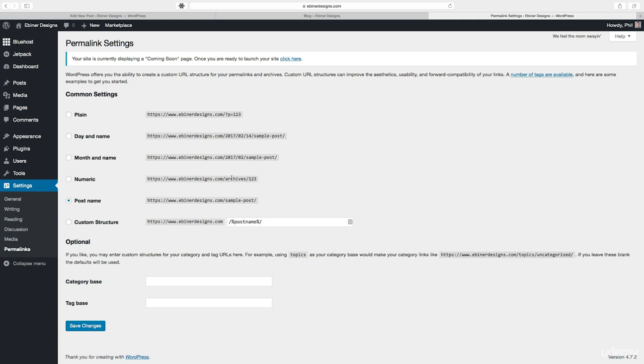Or numeric, if you just want to have a numeric archive with each page or each blog post being a certain number. But I suggest using post name because this is going to be keyword friendly for SEO purposes, because your blog title will help get more search traffic if it's in the URL itself. So switch it to post name right here.